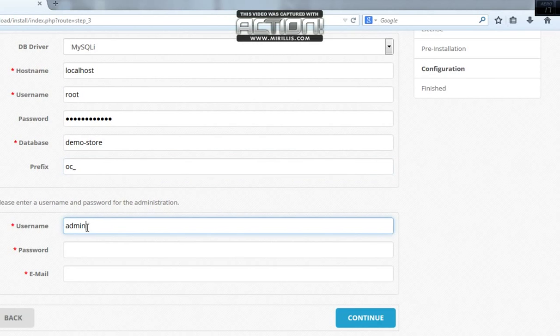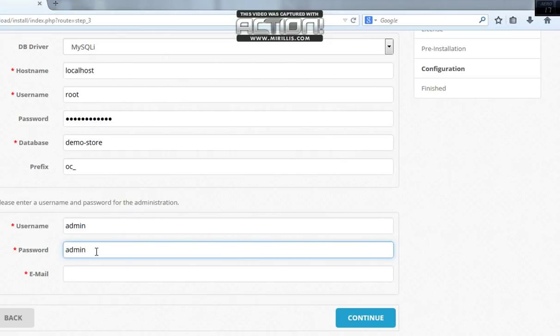Then the username for admin, by default we leave it as admin. Then the password, you can put any password you so desire. Just make sure you don't forget. Alright, let me just call it admin. Same thing. Admin. Email,